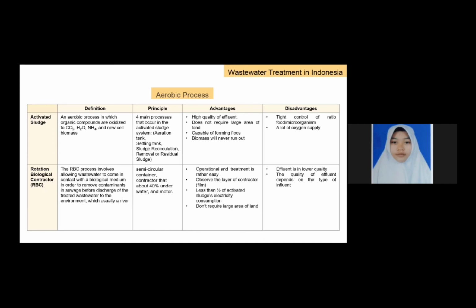The disadvantages of activated sludge are that we need to control the ratio of food to microorganisms, and it needs a lot of oxygen supply. The disadvantages of RBC are that the effluent is of lower quality, and the quality of the effluent depends on the type of the effluent. The next one is